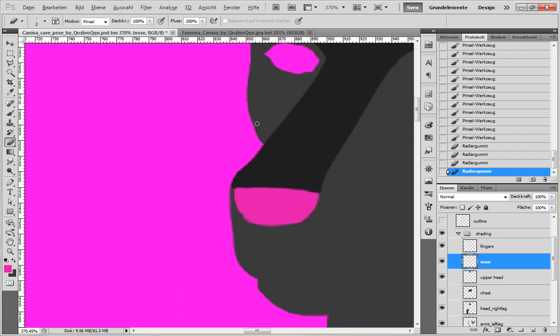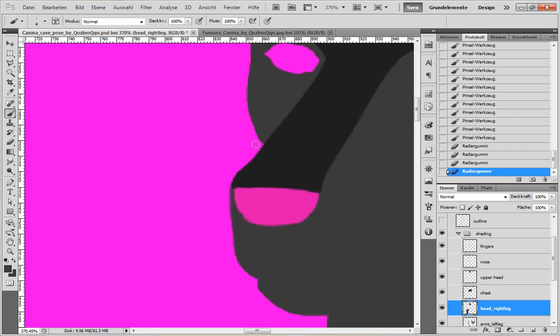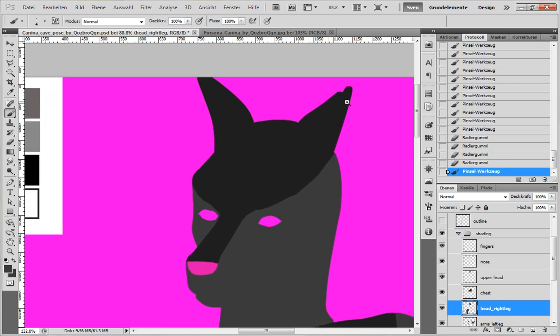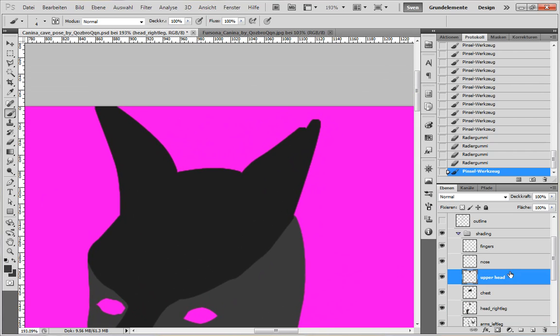So, oh, here's another part I see. This is lower head, brush tool. Okay. So for the upper head,